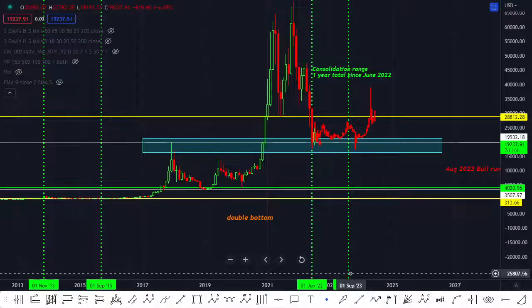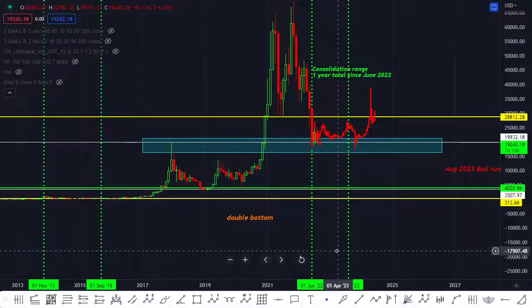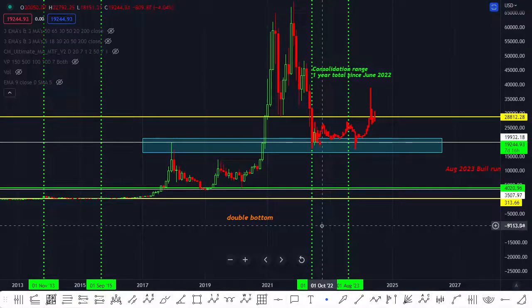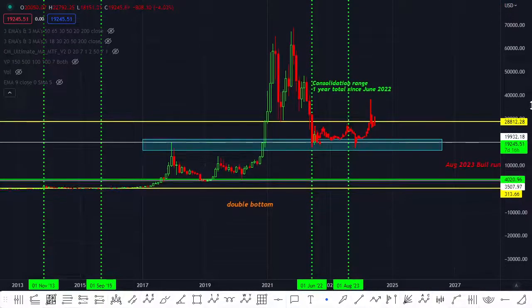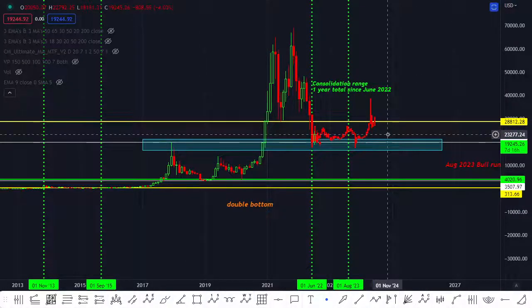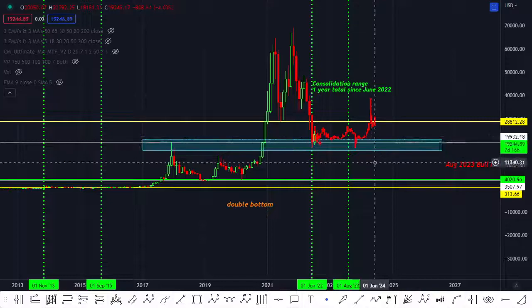So first of all, in front of you, you see I have the BTC all-time history indexed. So this is basically the price of Bitcoin since its inception based on charting. And this is the monthly time frame. So I'm looking at the monthly time frame. And why is it so important to look at the monthly? Because the monthly is the chart that will give you an idea of where Bitcoin will head on the macro.